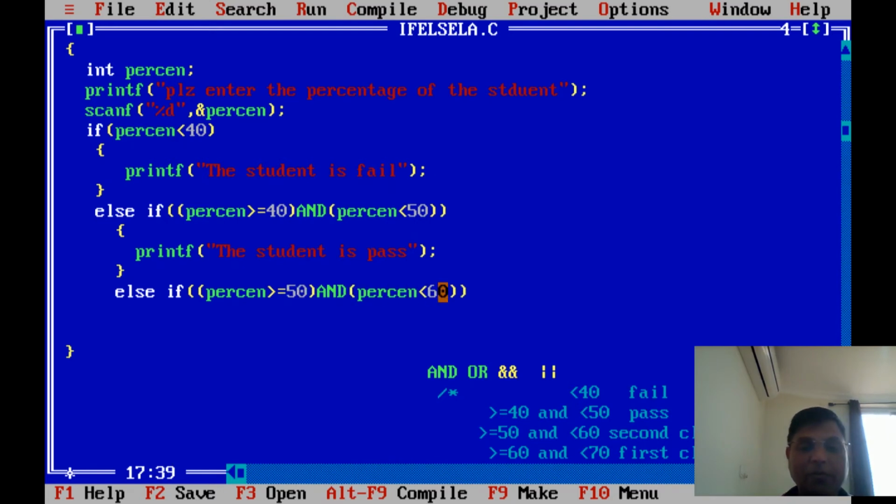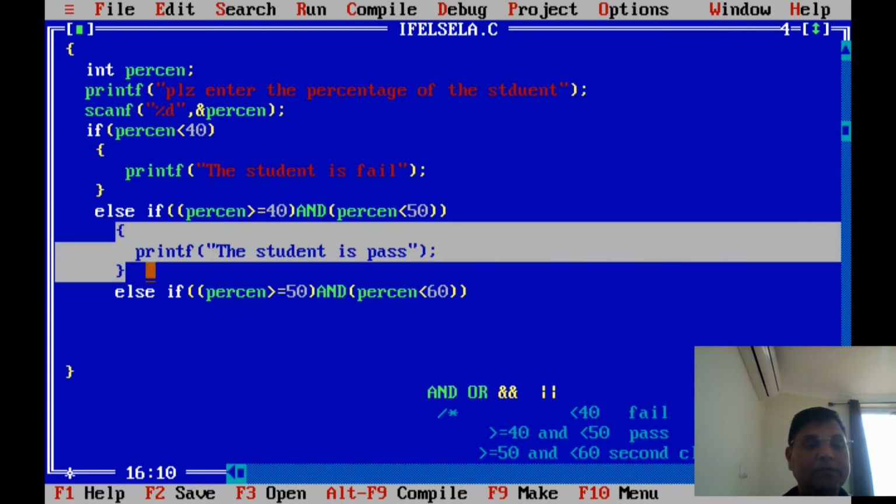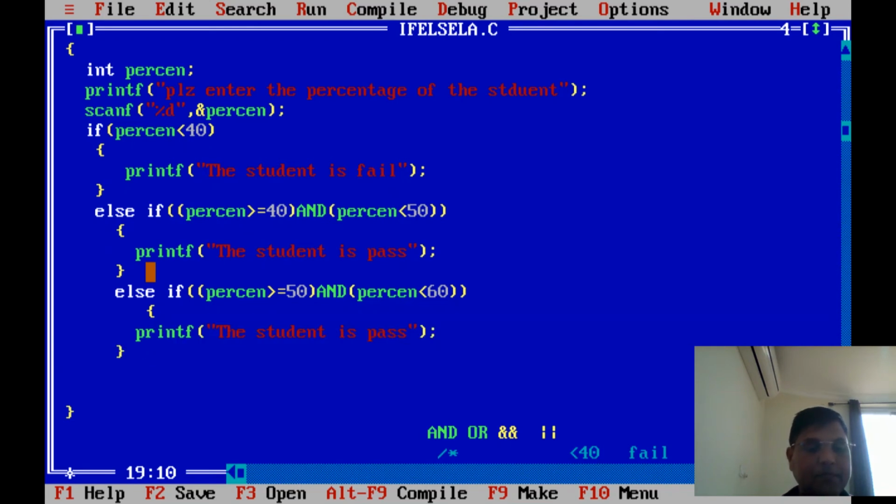Which class is this going to be, first class or second class? So I'm printing it here. Be careful with the brackets. Printf: the student is in second class.